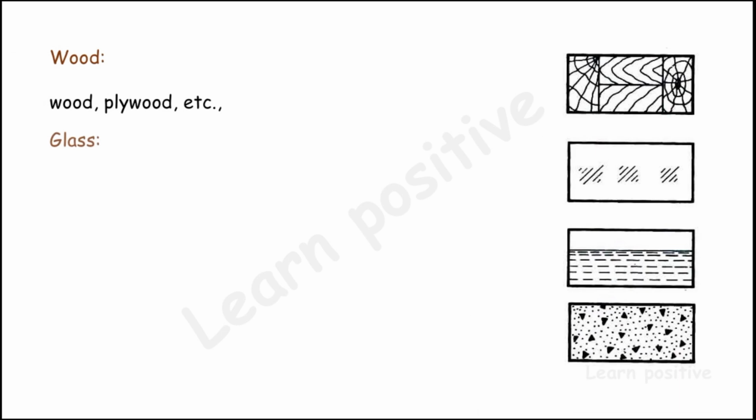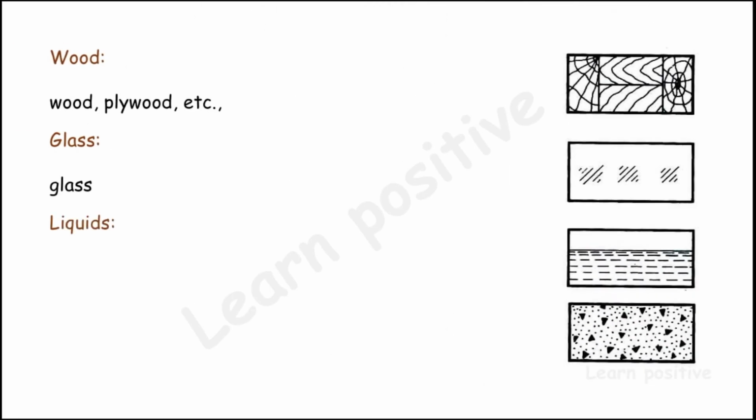And for the glass, we can see the glass in the construction area. It cannot be visible at that time, so it can be easily broken. So we use a tape or any marker to identify the glass center area as a mark or a name in it. So like that we are going to use the hatching lines the same way. So we are going to draw the 45-degree lines at the middle of the glass section areas.